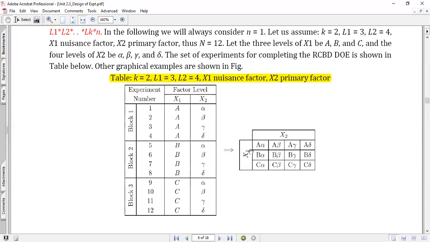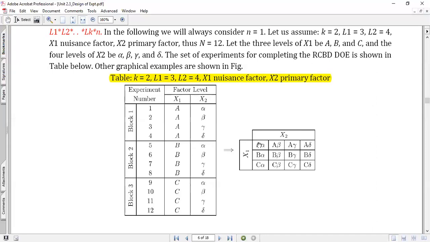You can assemble it this way in a matrix, x2 versus x1. Observe this one: x2 is on the horizontal axis, x1 on the vertical axis. What is x1? It is a nuisance factor. X1 is the nuisance factor, x2 is the primary factor. The primary factor we always write on the horizontal axis, and on the vertical axis we write the nuisance factor. So the third becomes a third dimension, it becomes 3 dimensions. So it becomes very complicated when you go beyond 3 factors. That means if you take 2 nuisance factors, it becomes a little more complicated.